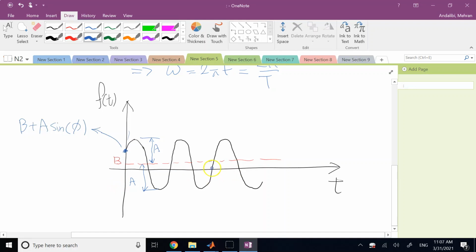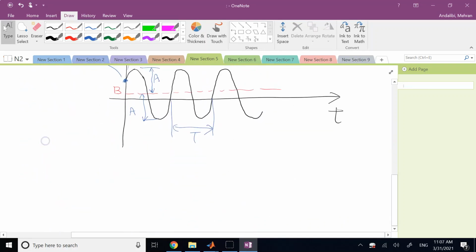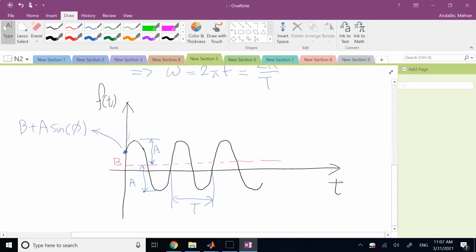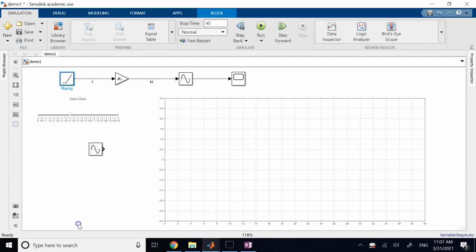And then this here, from here to here, is a period of the signal. So if you divide 2 pi by T, you will get omega of the signal. The bigger the omega, the faster the sine function changes, okay? So this is a very short background about what we are doing here. And now,